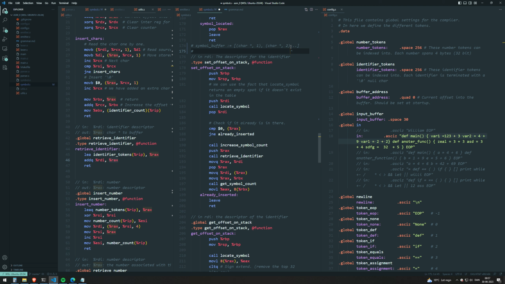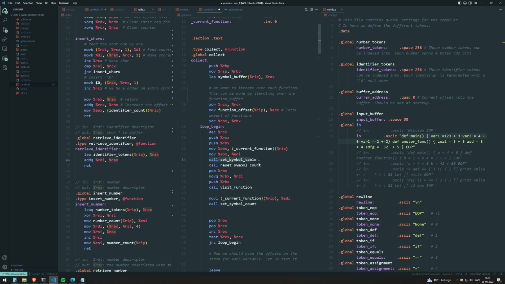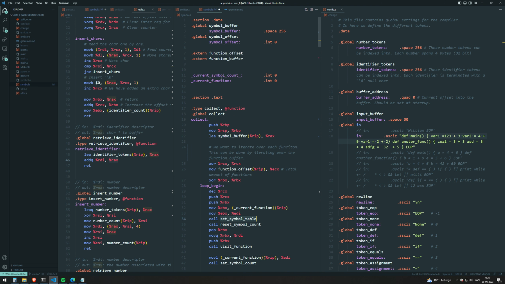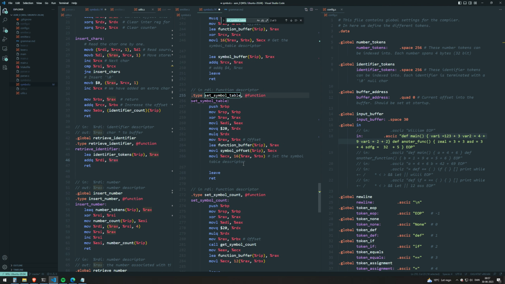So I have made an offset that basically points past the end, so we always know where to start. And that's basically what this method does, set symbol table. It loads the current symbol offset, let's see, it's down here, and moves it into the function. We load the function buffer, and then we